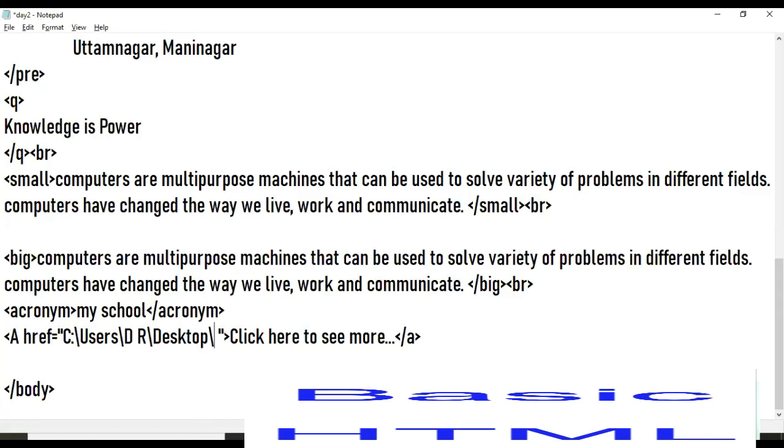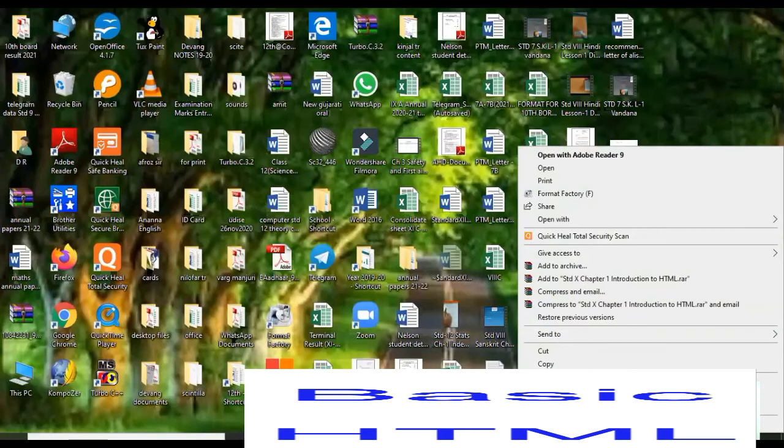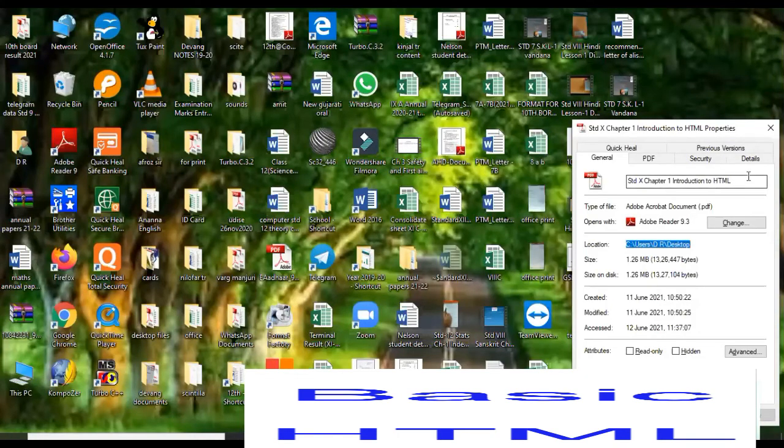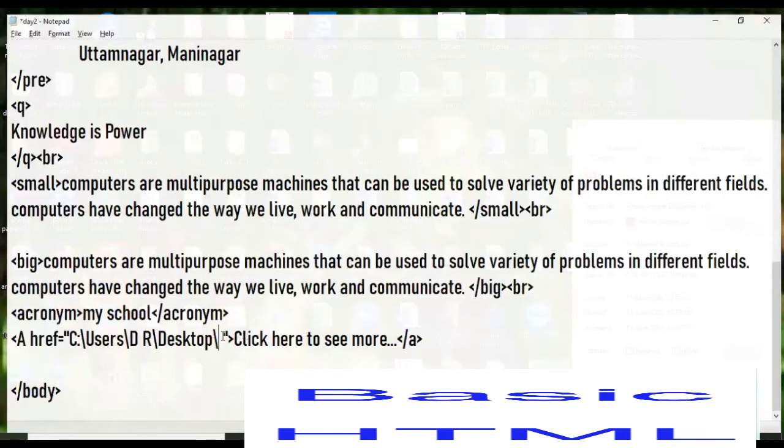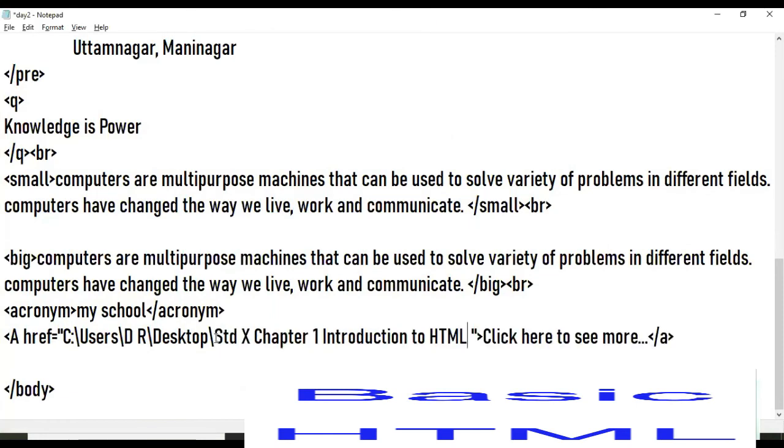Backslash only. Then again go to properties of the file that we want to include here, and copy its name, and paste it after that backslash.